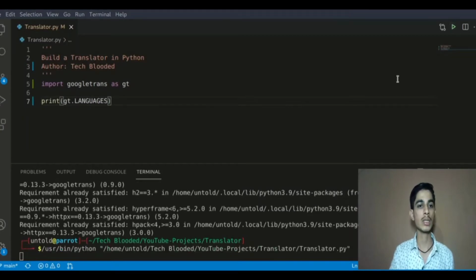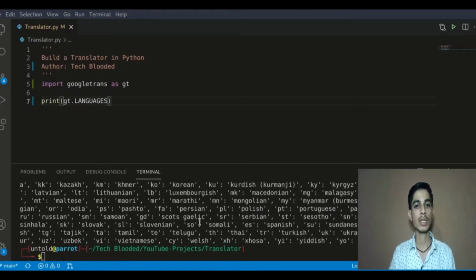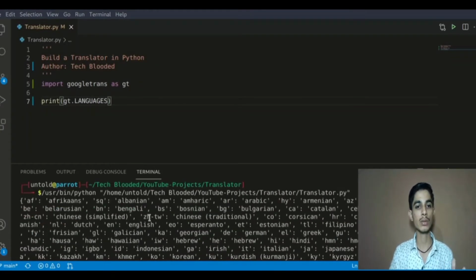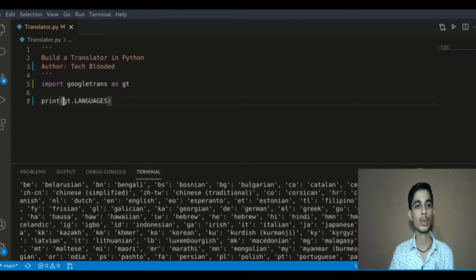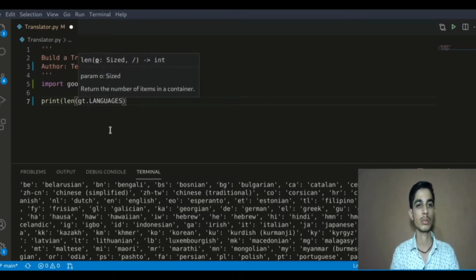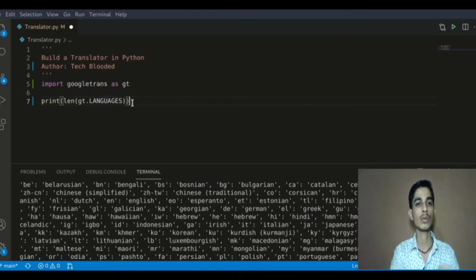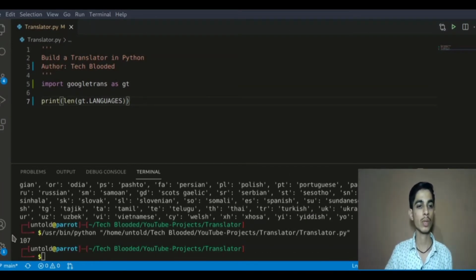So let's run this, and these are all the languages which googletrans supports. Suppose we need to find the exact number, we only have to use the len function. So 107, this many languages googletrans supports.